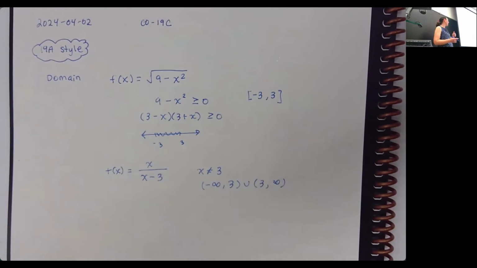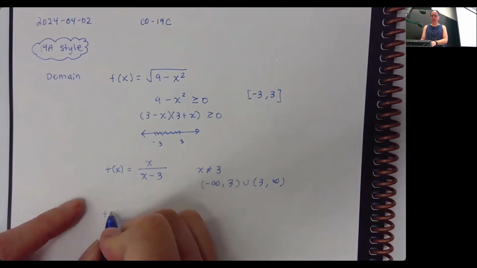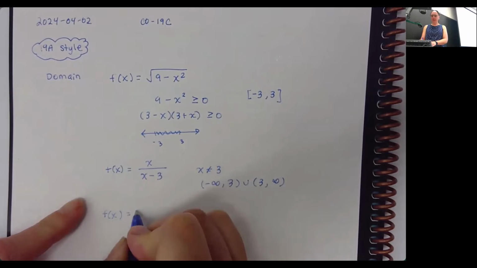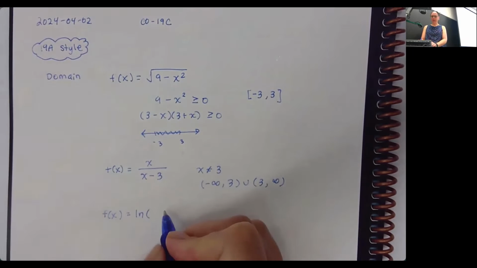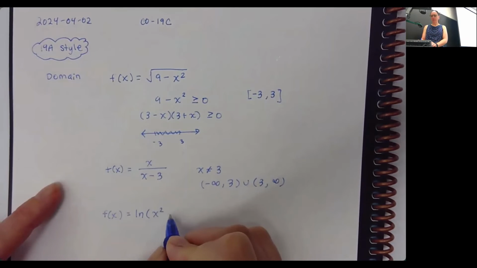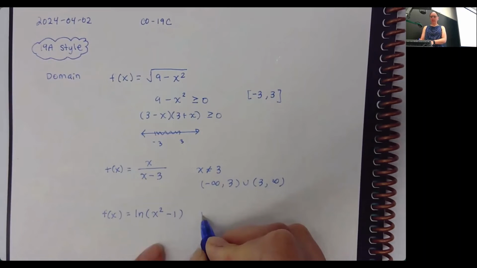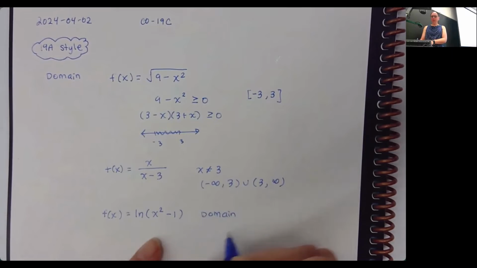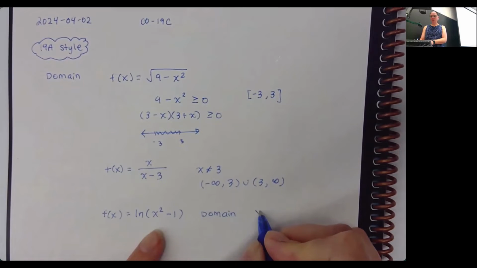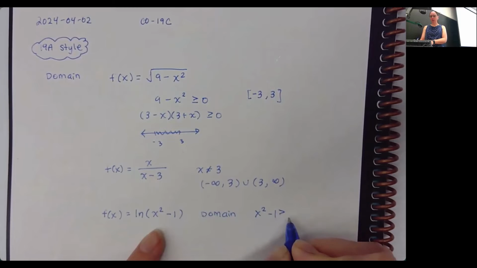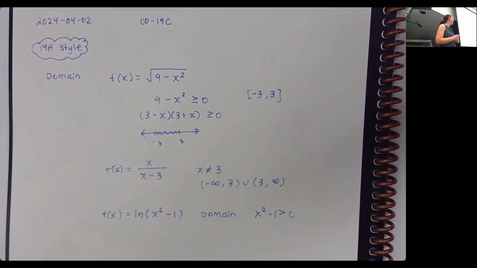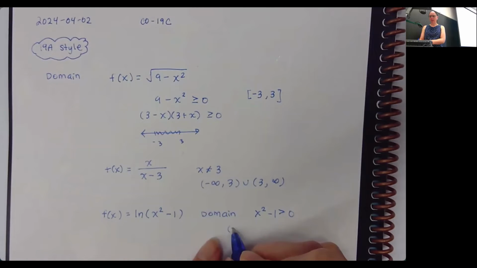And then the other one that shows up for us is logs. So if I had a function that looked like the natural log of, I don't know, x squared minus 1, then in terms of a domain piece, that's telling me that x squared minus 1 has to be strictly greater than 0. So I can't take a log or natural log of 0. It's got to be positive. So in this case, if I were to factor that,